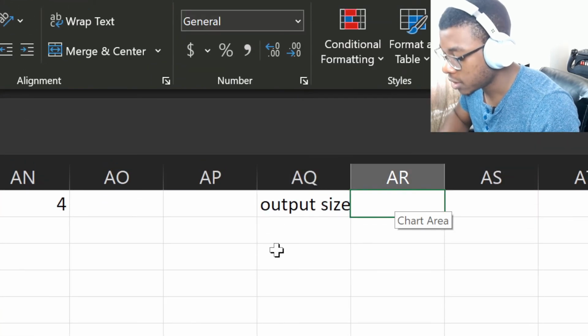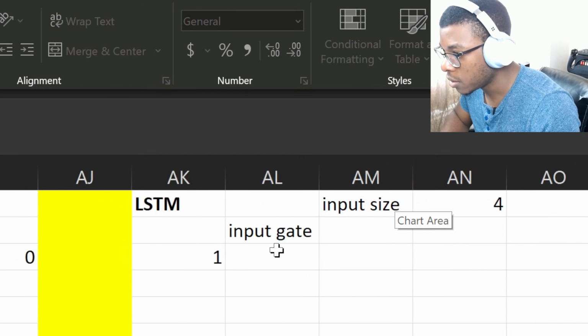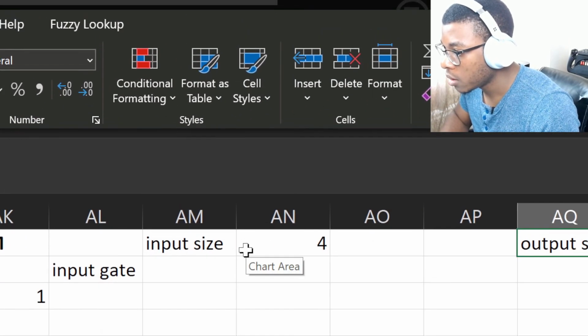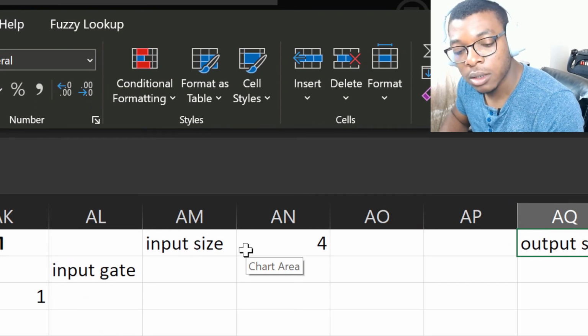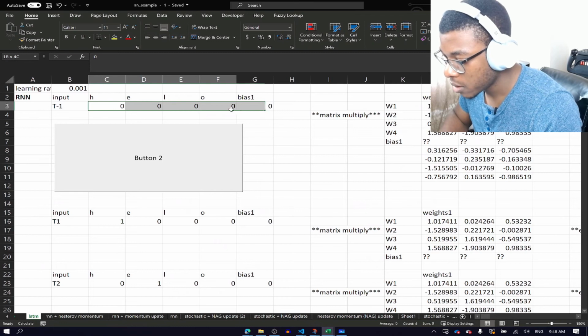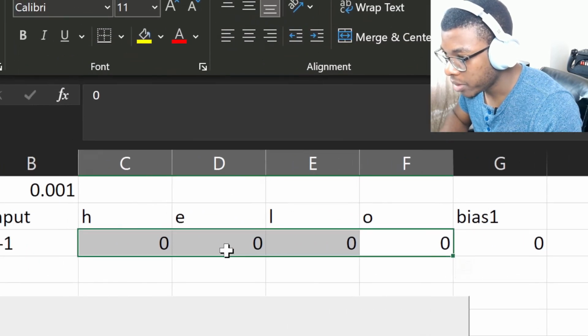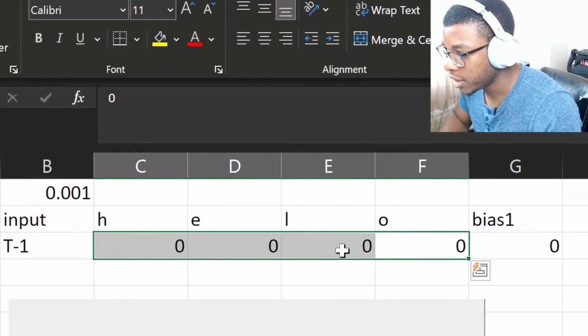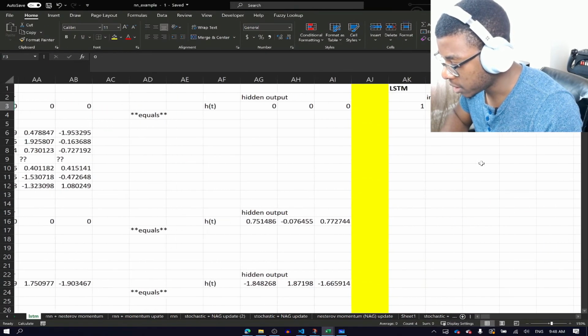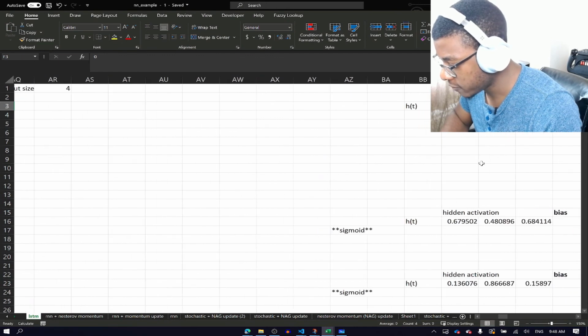Our output size is 4. So we have 4 bits that we are inputting for each of the letters in our alphabet, and then in our final output,